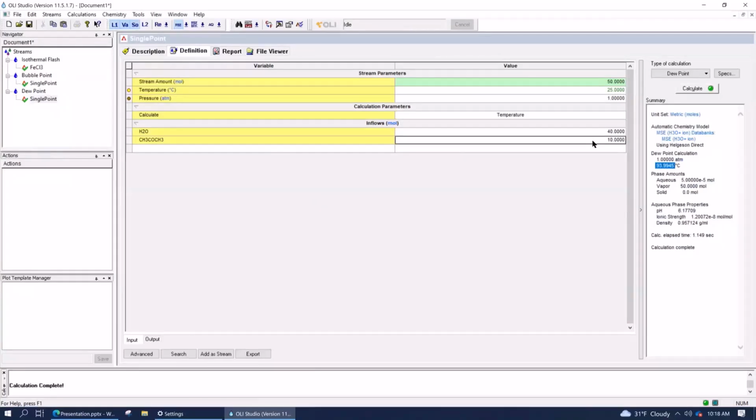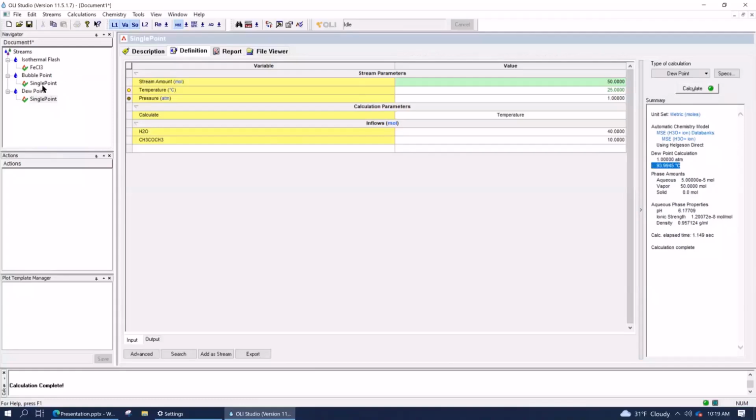Okay. And the interesting part you want to notice here is that because you've added a more volatile material like acetone, right, the dew point of this liquid is now 93 degrees Celsius. By comparison, if it were pure water, that dew point would be 100 degrees Celsius. And so we can see what's called the dew point depression because of adding a second component, in this case, a component being more volatile.